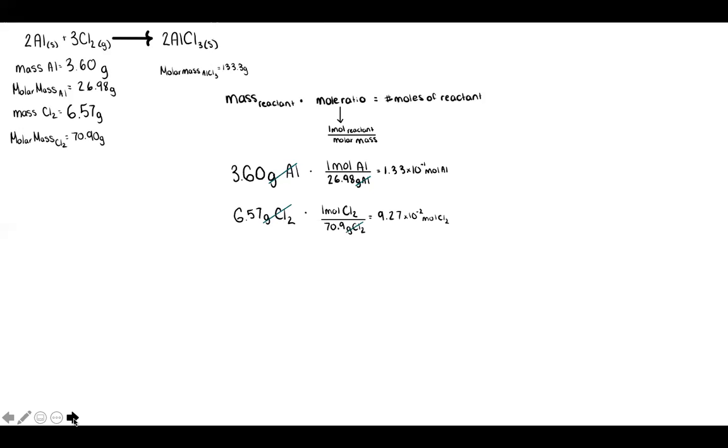Now that we have done that, we can find our limiting reactant using mole ratios. I will only be showing one method to do this, but there are multiple methods to find the limiting reactant. The chosen method uses a mole ratio between aluminum and Cl2, so we can determine how much Cl2 we would need to fully consume all the moles of aluminum, which in our case is 1.33 times 10 to the negative